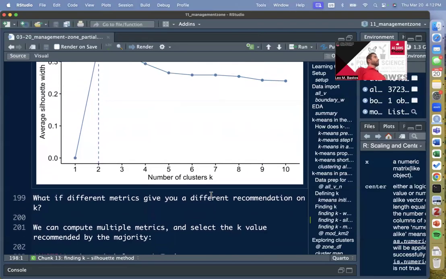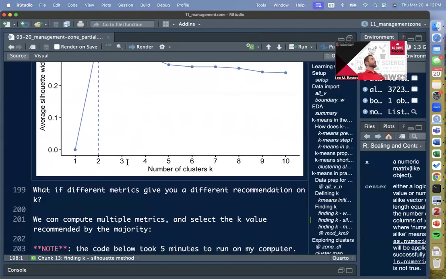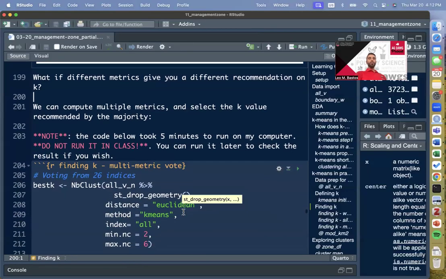Okay, so we just checked 2 metrics: the within sum of the squares, or the elbow method, and the average silhouette width method. What if different methods give you a different answer? What would you do? That's very common and very likely to happen. One way to overcome that is to run many metrics and just let them vote. Each metric is going to give you a recommendation. You just choose the number of K that had the most votes, the most recommended number of K across different